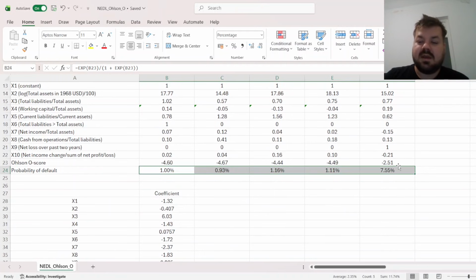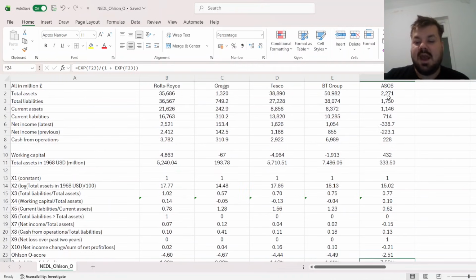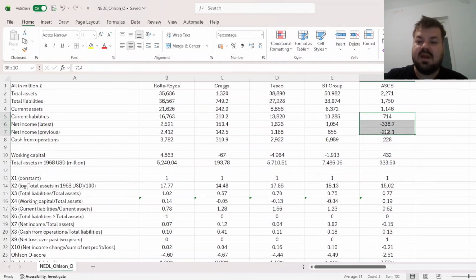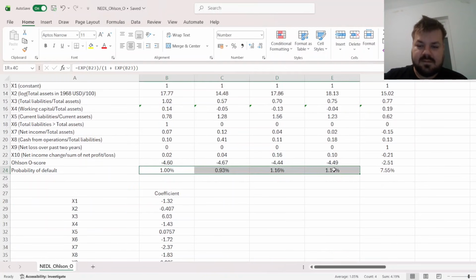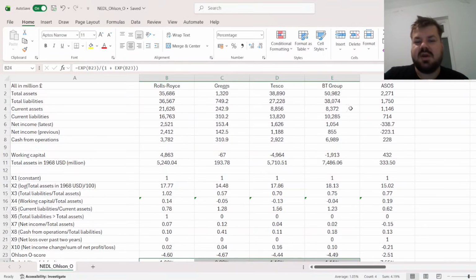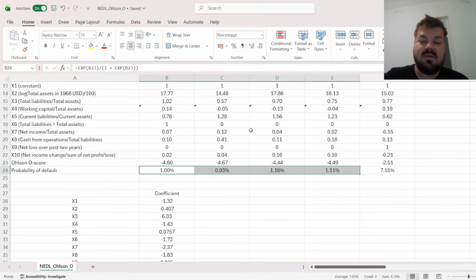It's, again, quite straightforward that ASOS is the riskiest of them all, given its business model and given it turned out a loss, whereas the remaining four companies are quite stable and are unlikely to default. Again, the probability around 1% is quite believable for large UK companies which are not experiencing any major financial